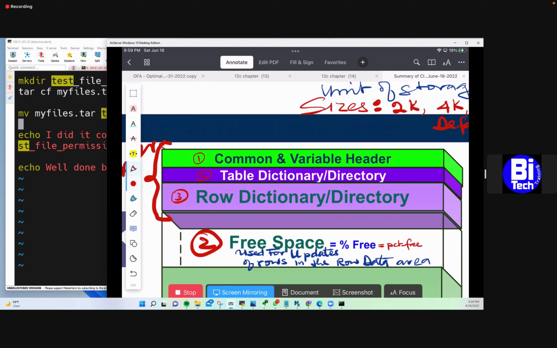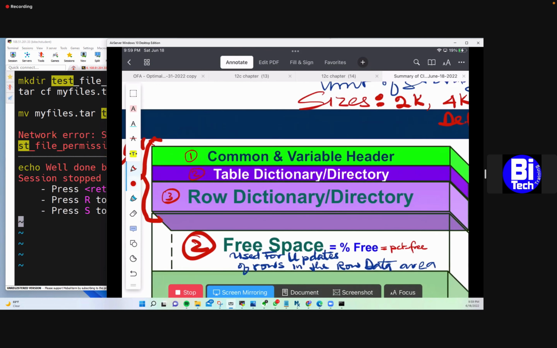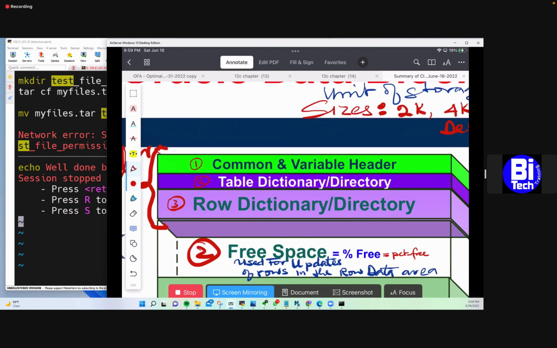The table directory all it has is this. If a table puts its rows inside this block, the name of the table will be written in that table directory. So if Oracle is looking for data for a specific table, it will come to this block and look at the table directory to see if the name of the table is in there. If it doesn't find the name of the table, it will not waste time looking for the row in this block. But if it sees the name of the table in the table directory,